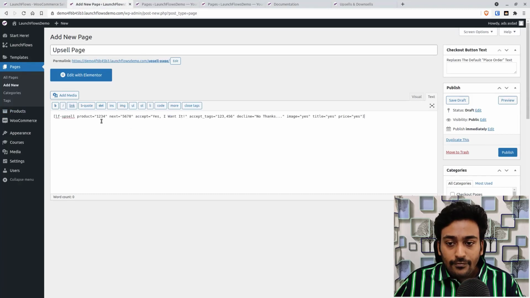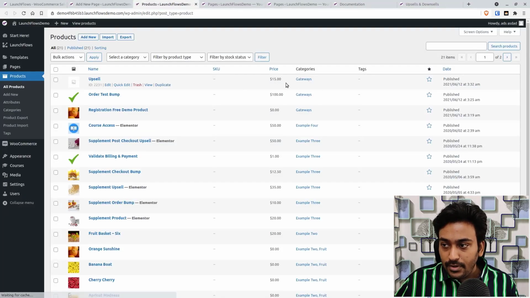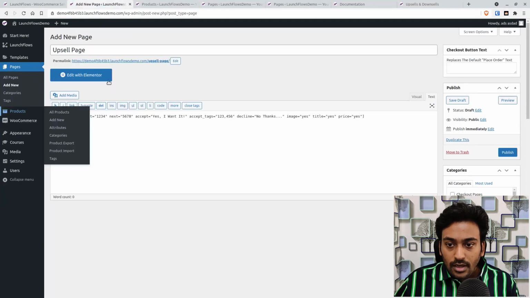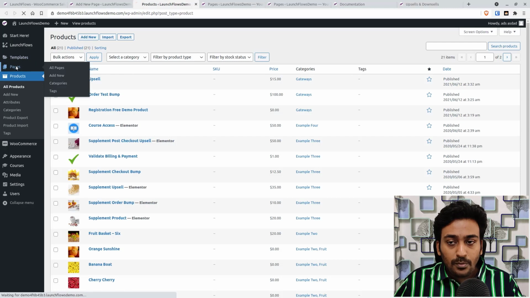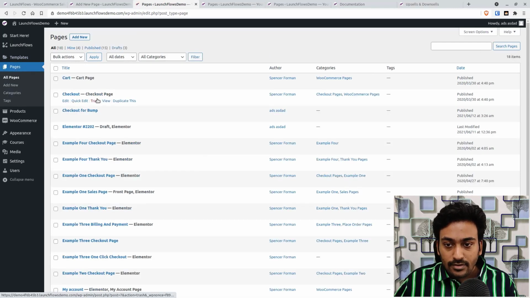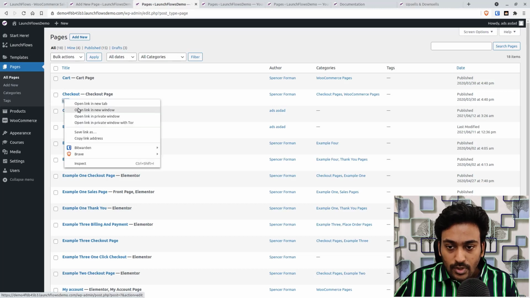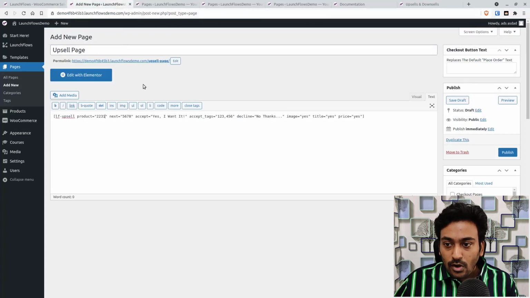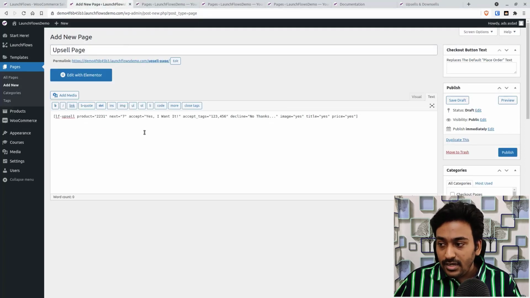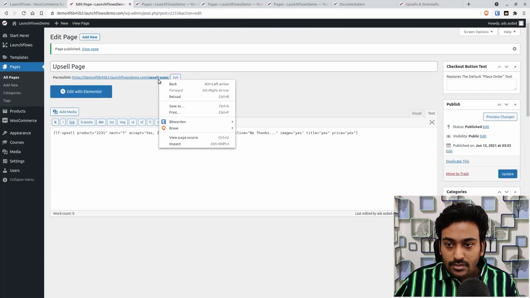For example, I need to give the ID for the upsell product, in this case this one, and also I need to give the ID for whatever the checkout page we have selected for that. For example this one, if I go into that and if I go into edit, I should see that URL, for example 7. So I want to do that as the next step. Now once I have done this, I need to publish this. And if I open up this page now,